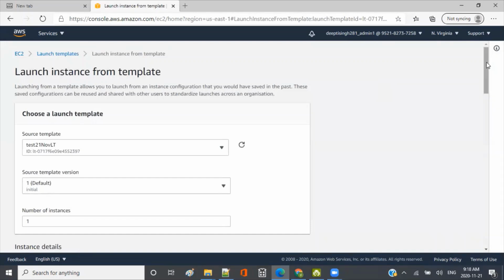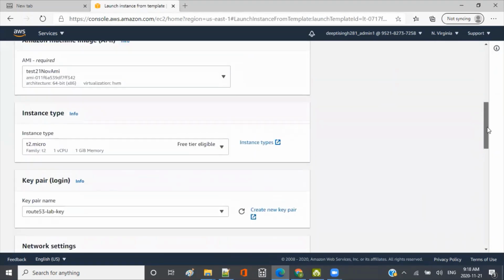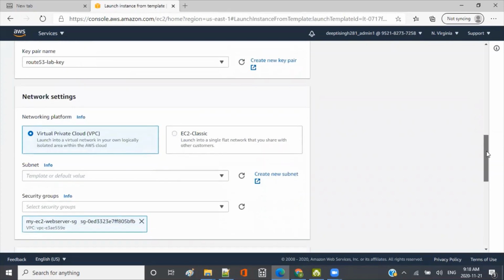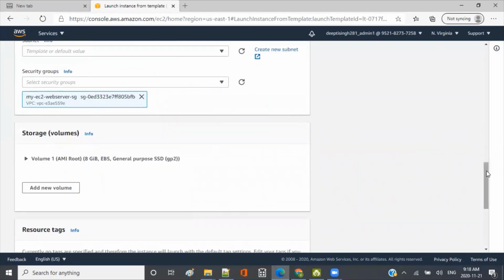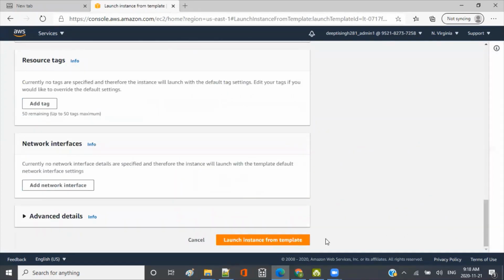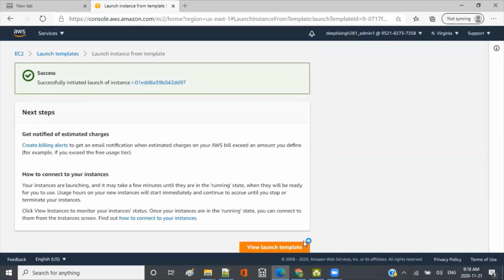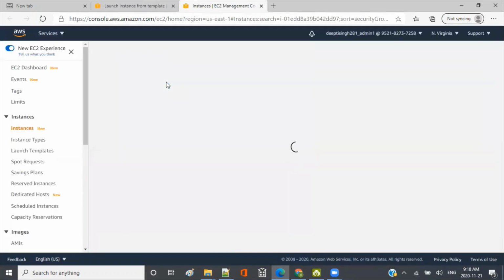Everything is all set up here. We don't want to specify anything else. Launch instance from template. This is just for verification purposes, to check that the launch template is good.